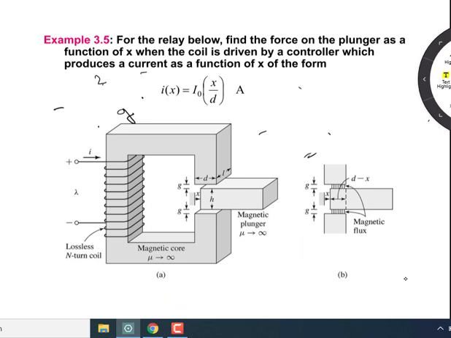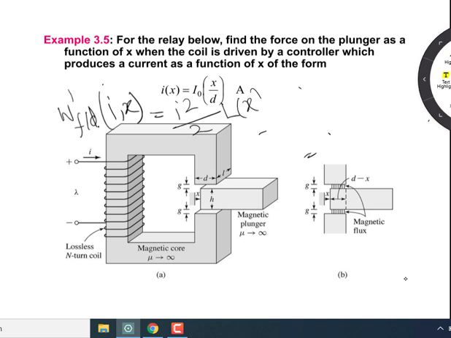The only thing is that in energy we consider the flux linkage and the position, while in case of co-energy it is our current and position. So it would be i squared by 2 L(x), and you will get